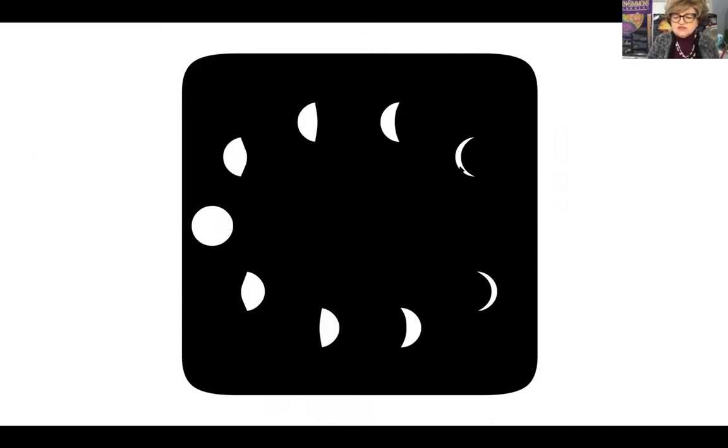The first phase is called new moon. It's this dark spot right here, and that's what we're moving toward right now. Right now we're in what's called a waning crescent. And the new moon is the first step, or the first phase, of the phases of the moon. When the dark side or the dark shadow is on the right-hand side of what you see, that means it's waxing, growing larger. So then we have a waxing crescent, then we have a first quarter, waxing gibbous, and then